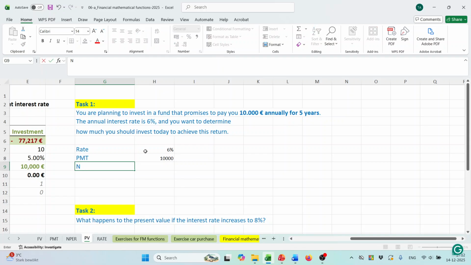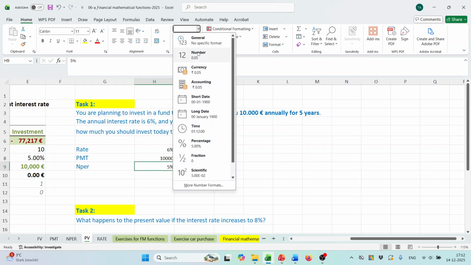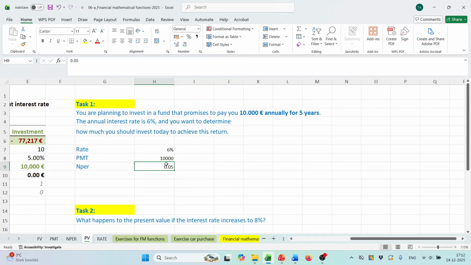The period is 5 years. It should be formatted as general. And we have to calculate the